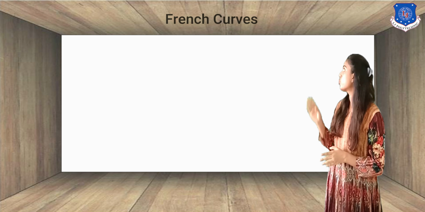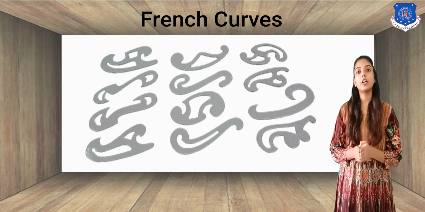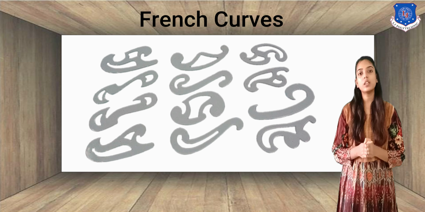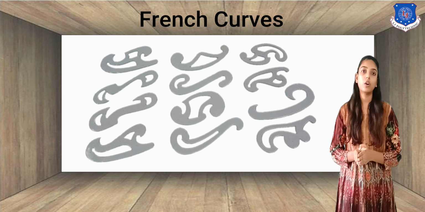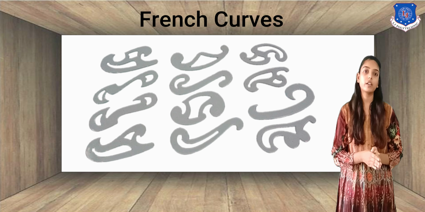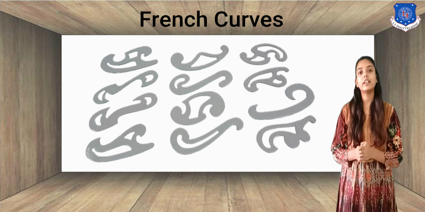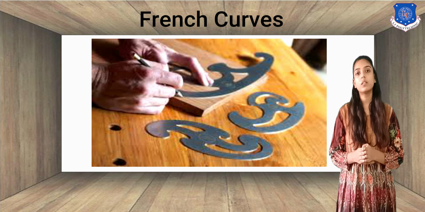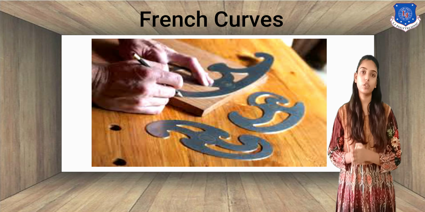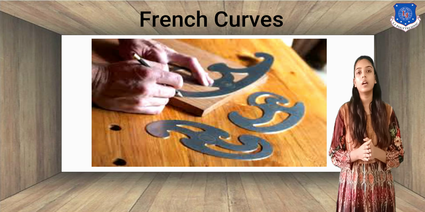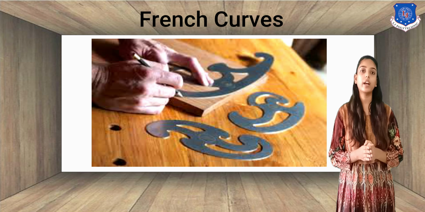The next drafting instrument is French curves. French curves are made out of plastic or acrylic material. They are mostly used when you want to draw a curve which is not circular or semicircular, or cannot be drawn by a compass. If you want to draw a curve accurately and perfectly, then French curves are used. They are also used to join three points with the help of the edge of the French curve. They are mostly used by students for designing curve patterns, and by architects or engineers to design any shape.